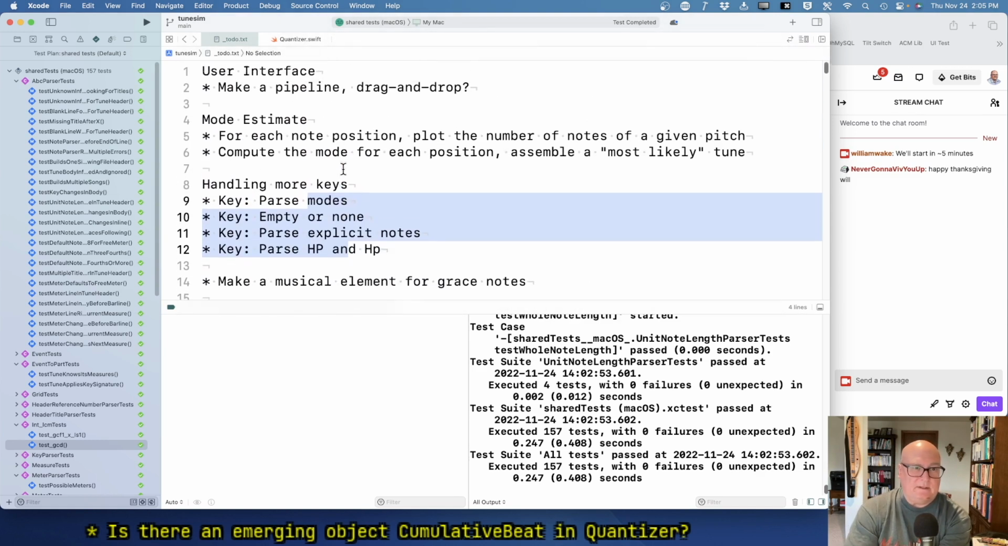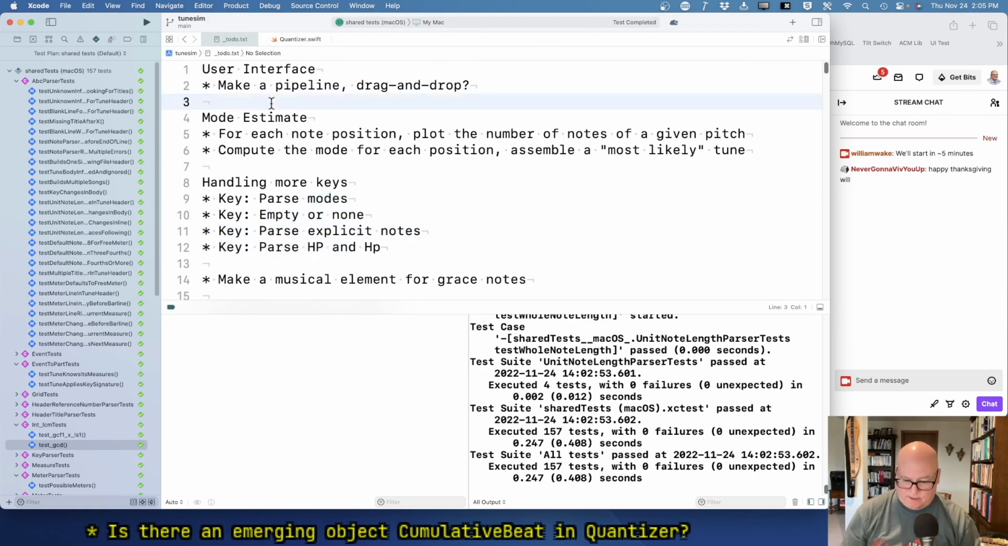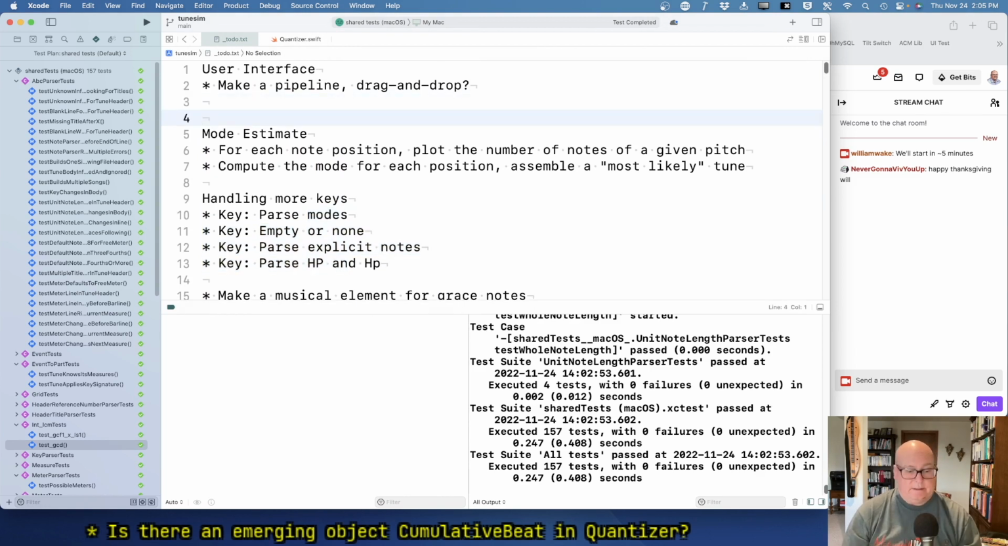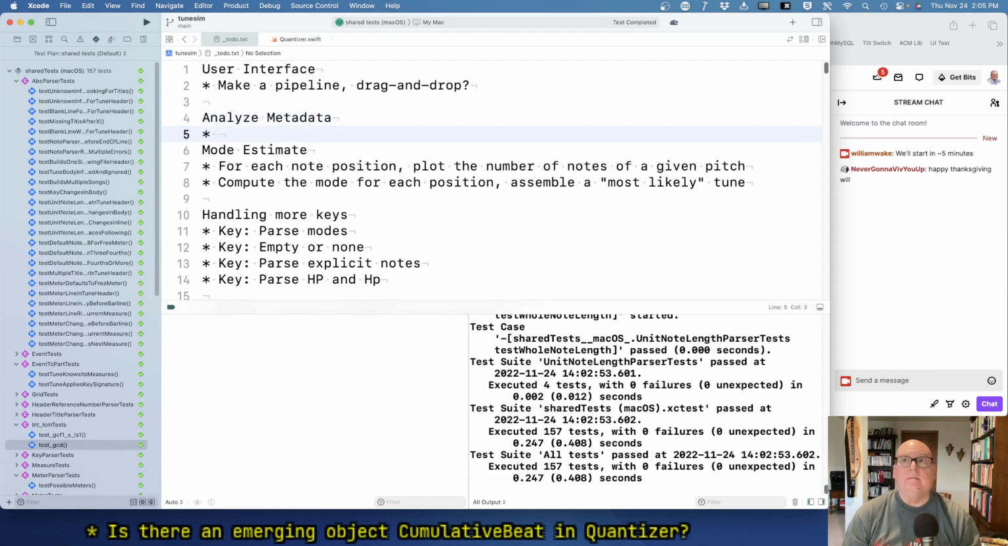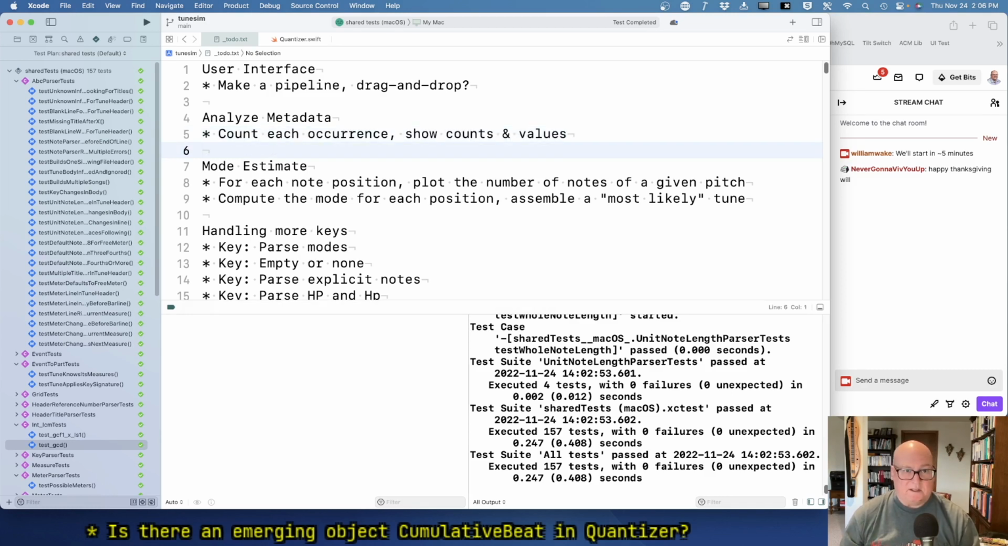The other thing is I have another analysis I want to do, which is to analyze metadata: count each occurrence, and show counts and values. I don't know exactly, but I'm thinking of, like, if I said, what are the time